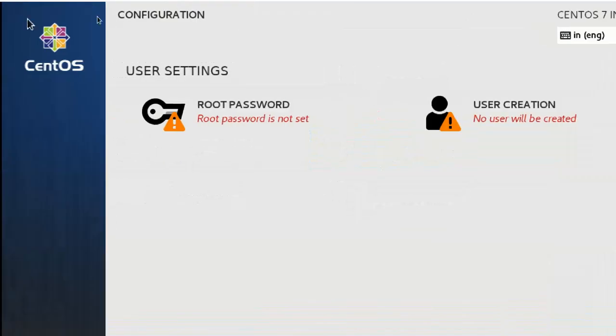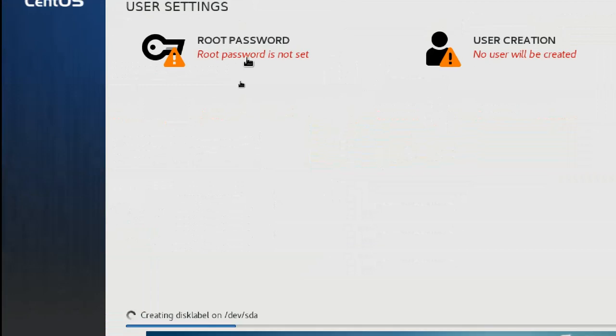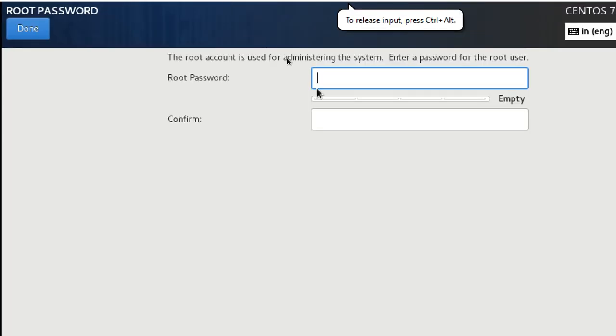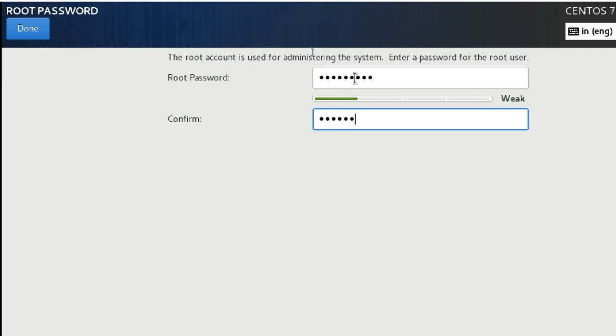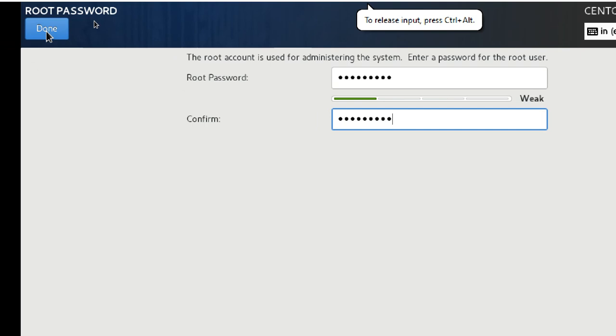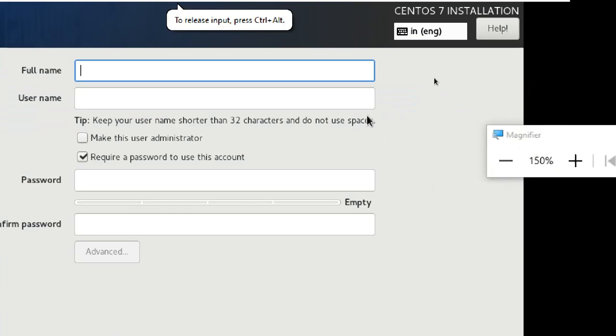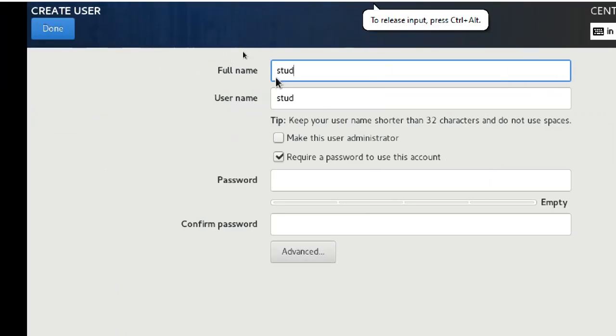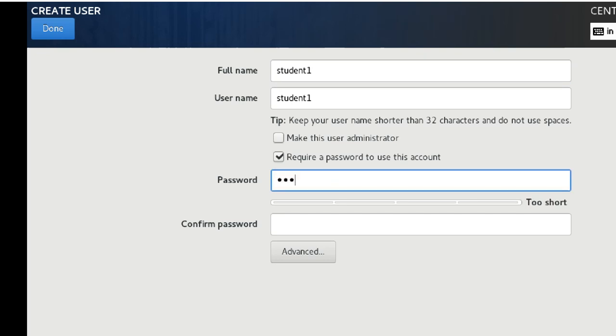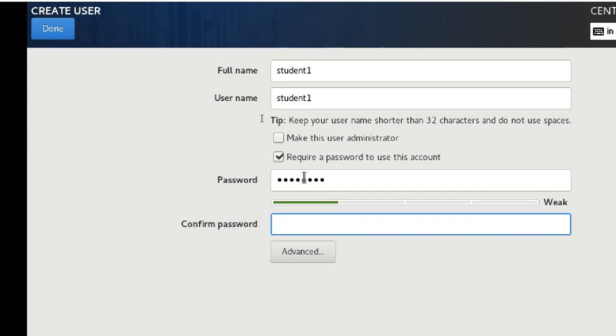Begin installation. It is preparing the installation. Meanwhile, I am checking my root password. Again, the root password I will keep the same. Why? Because if I forget it, it takes a lot of time to crack the password. Linux root password can be cracked, but as versions change, the difficulty increases. And I'm also creating a user here. I use student1, and the password is also student. It's a regular user. Root is the administrator, guys, remember.